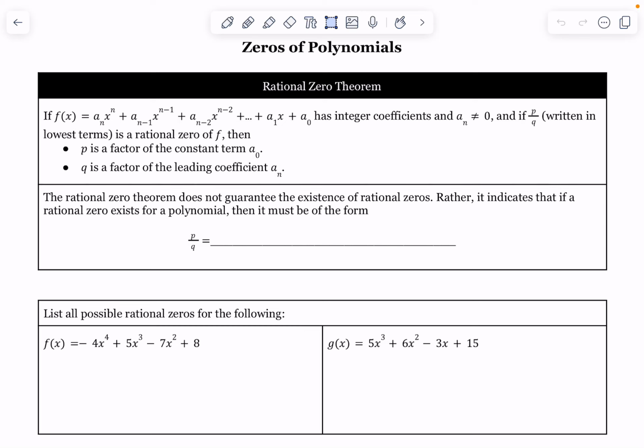This video is over section 7.4, Zeros of Polynomials. So before we start, let's talk about the rational zero theorem. It says, if f of x equals a sub n x to the n, plus a sub n minus 1 x to the n minus 1, plus a sub n minus 2 x to the n minus 2, plus dot dot dot, plus a sub 1 x plus a sub 0 has integer coefficients,